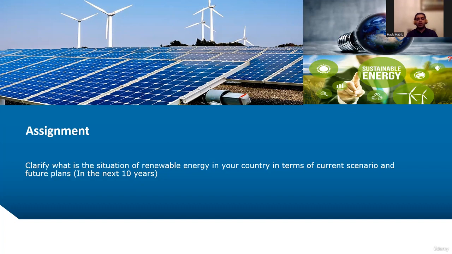I don't know where you are from, but I'm sure your country has a big plan in order to increase the penetration level of renewable energy from the current situation to a future situation after 10 years, how they are planned step by step to turn to more penetration level of renewable energy, and then what are their plans to turn to 100% renewable energy maximum by 2050 in order to be in the same line with the worldwide agenda